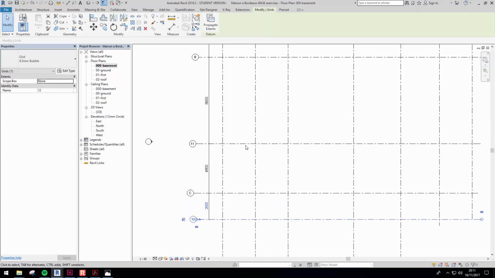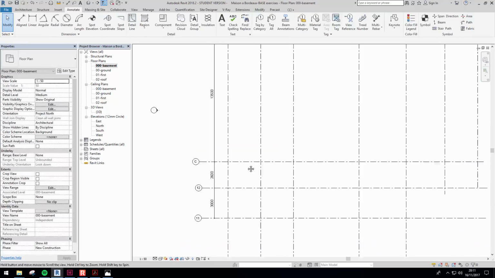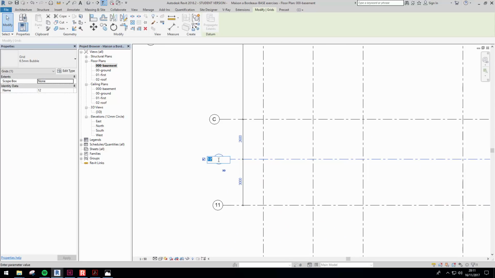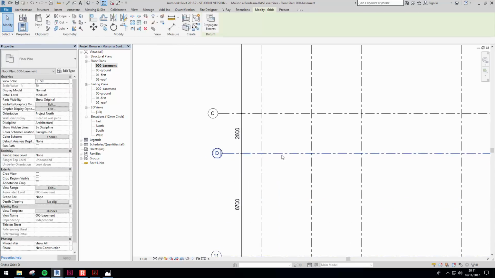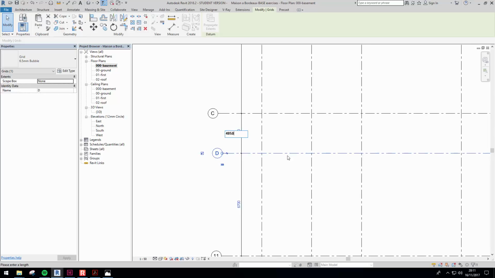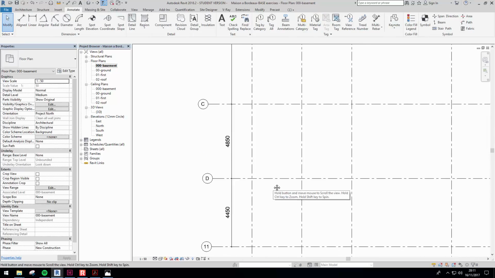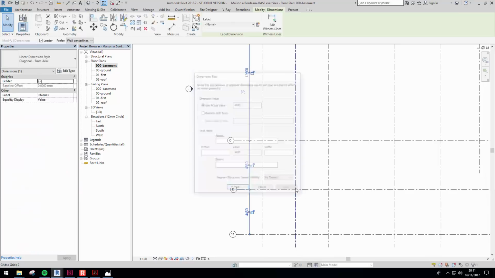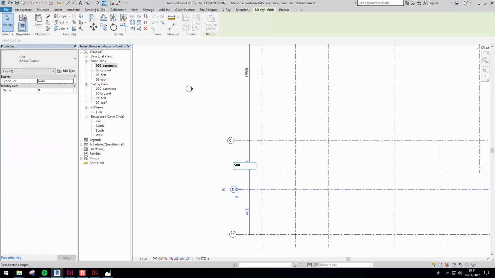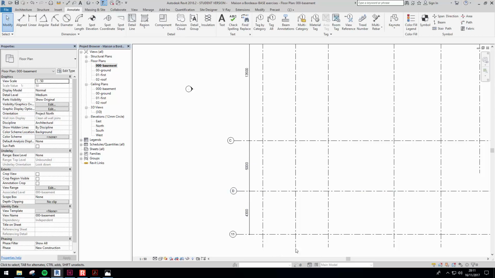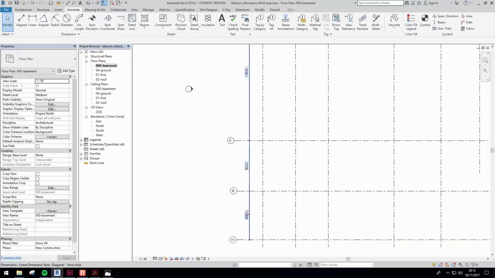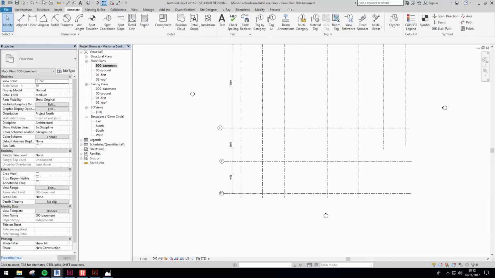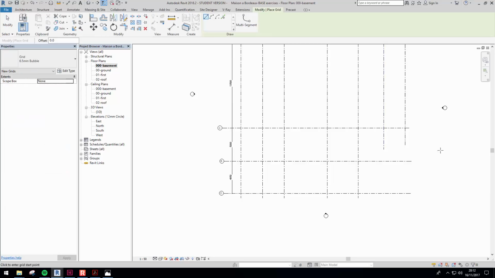I can just drag the other two, so it's in a sequence, and I'll call that one D. That one will be, oops, I'll drag that further down. Sorry, that will be 5000, I'll select it, and this one here should be 4450, and I'm missing one more grid line, so I go to Architecture, click on Grid Line,